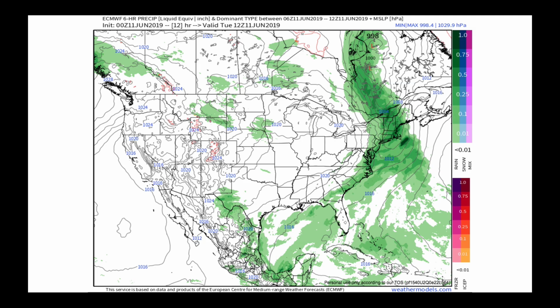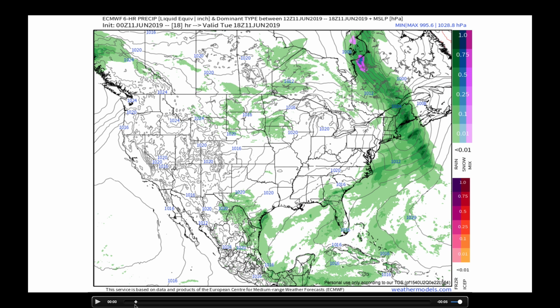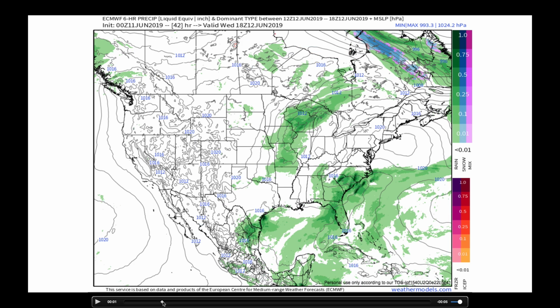Now let's switch over to the European model so we can go out about 10 days. The first system is exiting here, so we're going to watch clusters of showers and storms build here, and then you'll see on the back side of this high the cooler air that's coming in as this next low pressure system sneaks through the Corn Belt. So we get it going right there. I'm just going to take you back and show you some of the details. Ready? So this is Tuesday afternoon, getting into Tuesday evening and Wednesday morning. Again, we're watching the complex of storms here in the northeast, a big high pressure cell, and a low moving through Illinois, Wisconsin, Iowa. That'll be the place on which that front sneaks through parts of Kansas, Oklahoma, Texas,